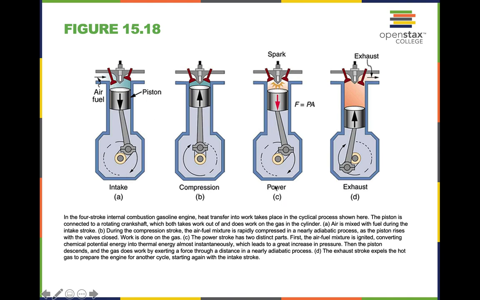For C, we have power. Our force here is PA. The power stroke has 2 distinct parts. First, the air-fuel mixture is ignited, converting chemical potential energy into thermal energy almost instantaneously, which leads to a great increase in pressure. Then the piston descends and the gas does work by exerting a force through a distance in a nearly